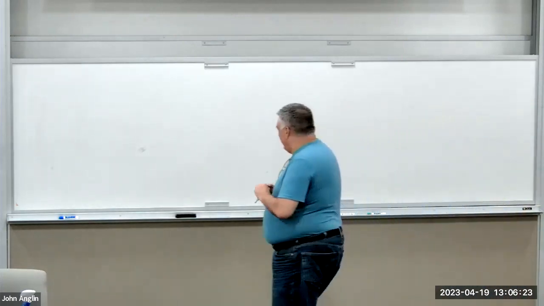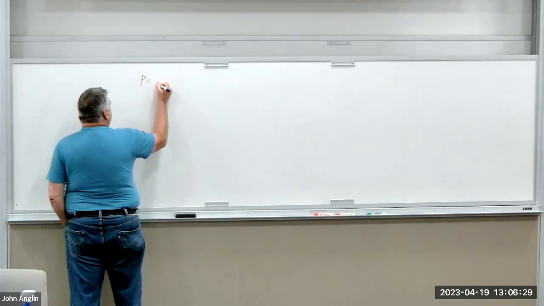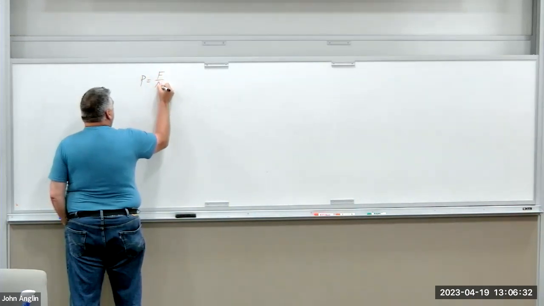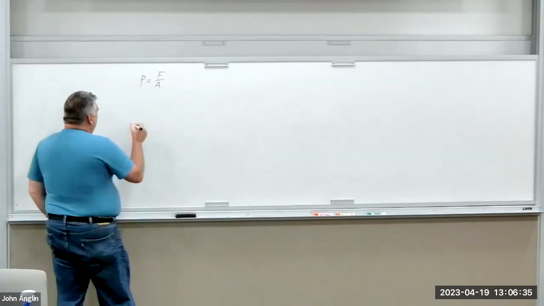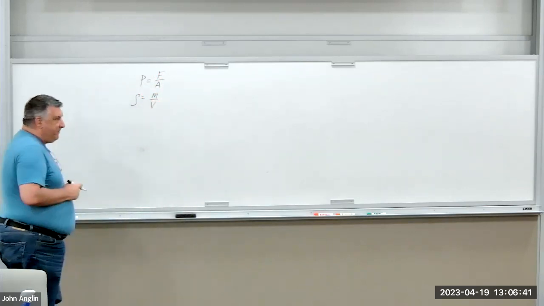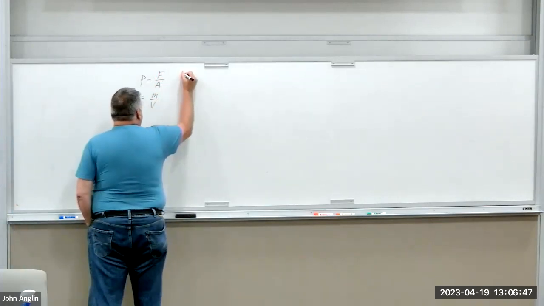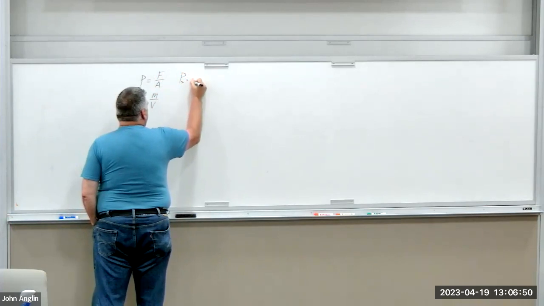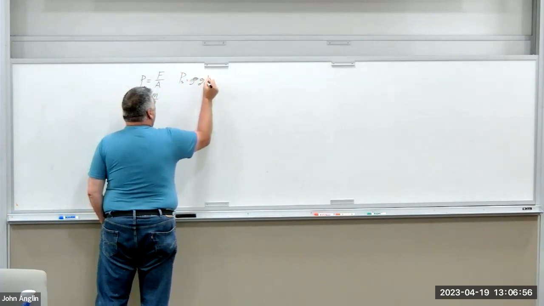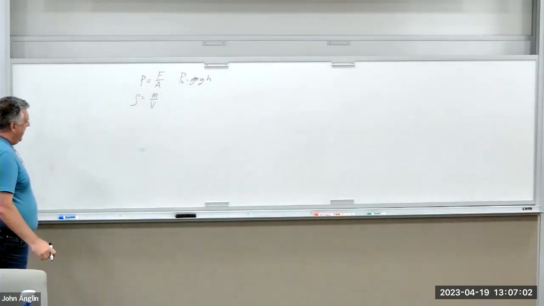So remember Pascal's law, we're talking about pressure. We have a couple of things that we need to know. We have a couple of formulas. We know that pressure is generally force per area. We know that density is mass per unit volume. We also know that there's a thing called static pressure. That's usually rho g h. There's a derivation for this that I'm not going to worry about.